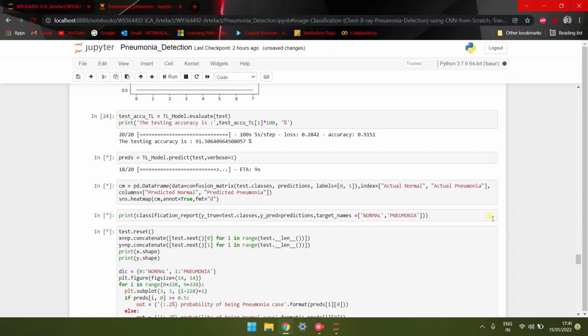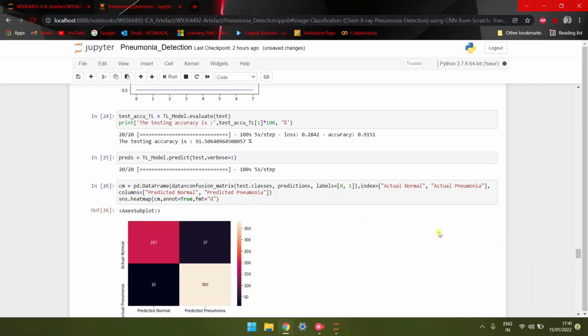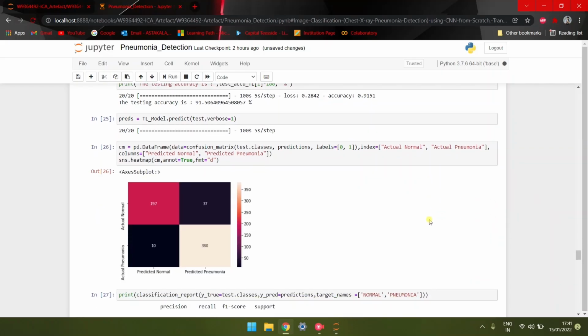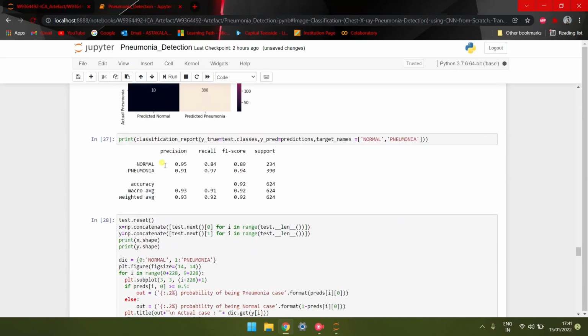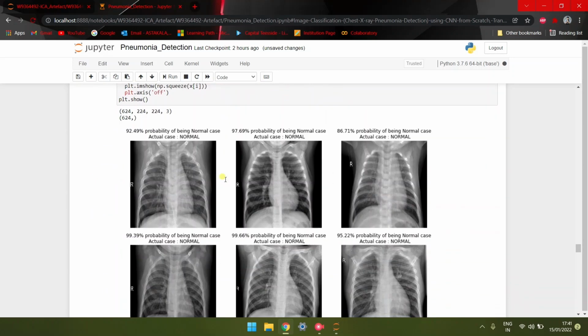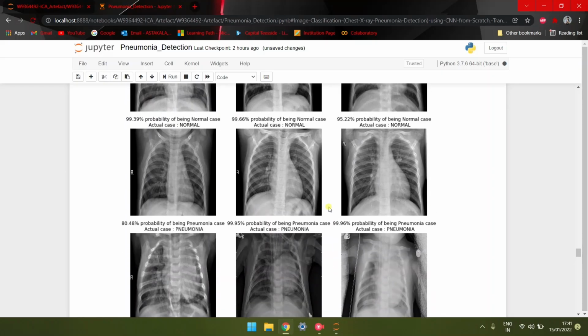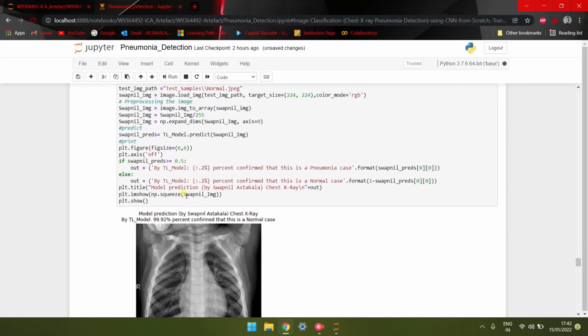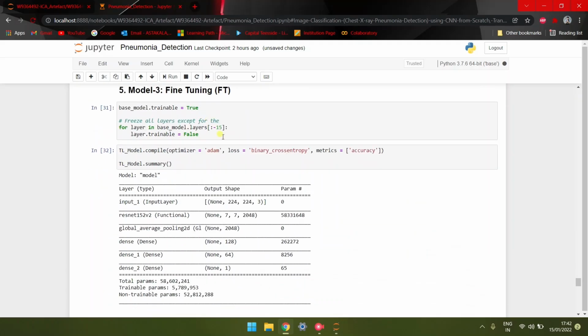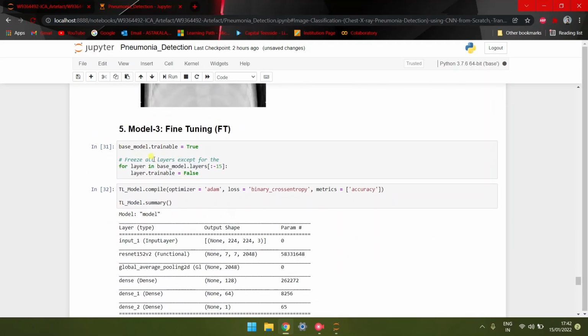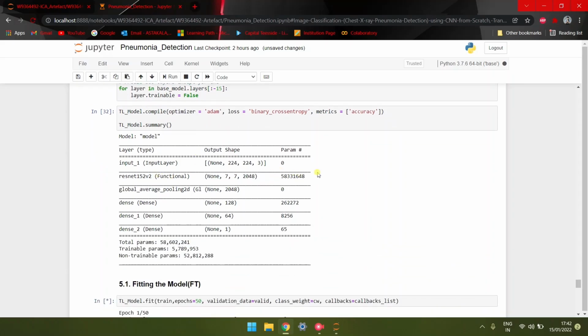The next step to be performed is to visualize the classification report and confusion matrix. It is the same in all three models because the test set used in the three models is the same. Then I ran model 2 on random 9 images, each with normal and pneumonia cases, to see at what percent it predicts the image. This is followed by model 3, which is the fine tuning technique. Almost it is the same as model 2 because